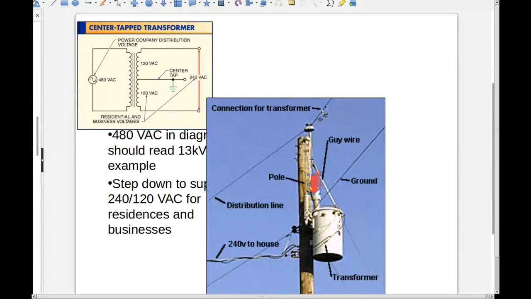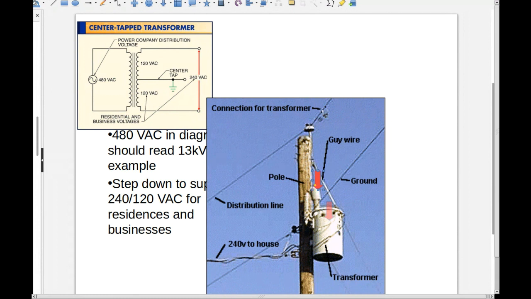If you go out and look at a house with electric coming in on overhead lines like this, you'll see a wire running over there, and there's a fuse there, and then it's running into this